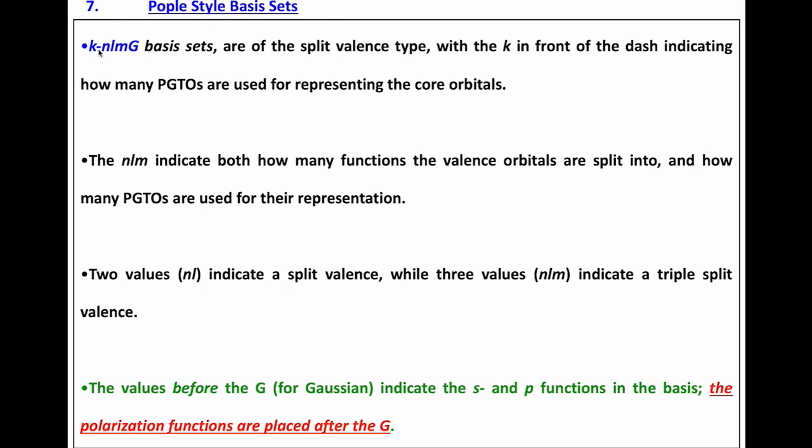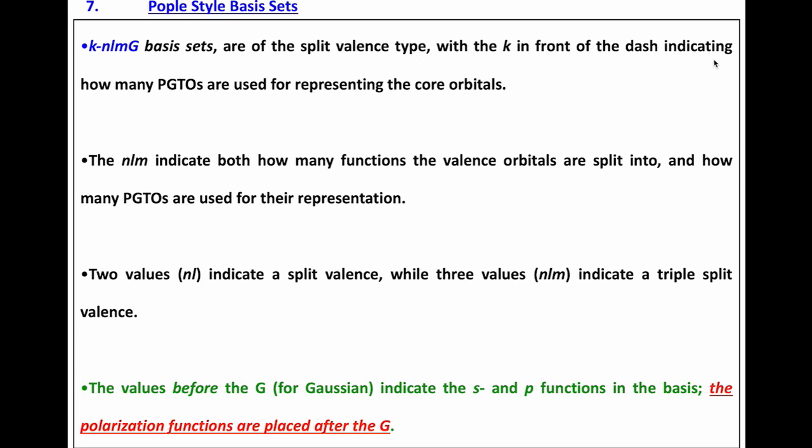Then the Pople type basis set. The Pople type basis set means the K-NLM-G basis sets, which is a notation for the basis set. Already we saw 631G, 6311G, etc. That 6 is the general representation, K-NLM-G, for example 6311G. This general notation is known as Pople type notation or Pople type basis set, of split valence type,